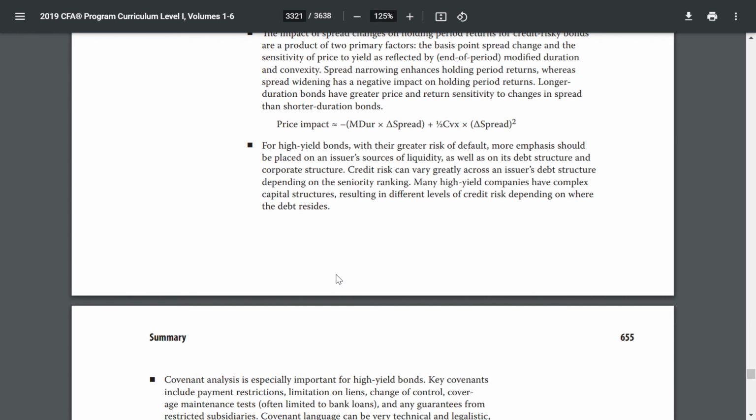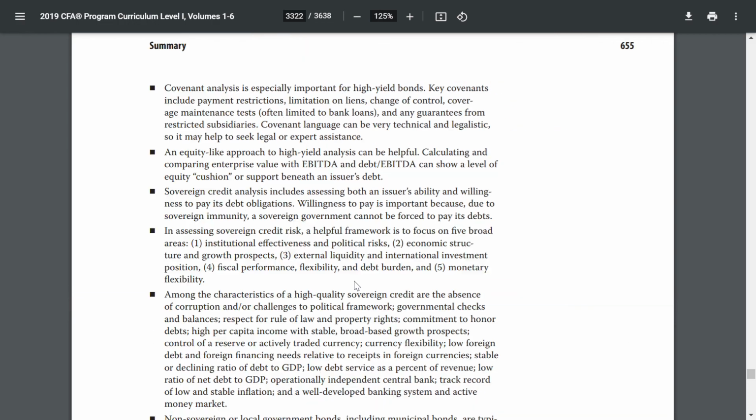Resulting in different levels of credit rating depending on where the debt resides. Senior ranking. Covenant